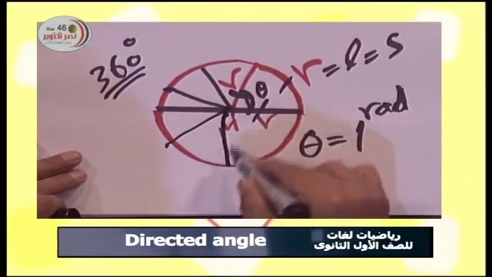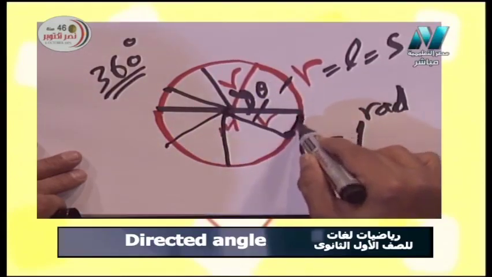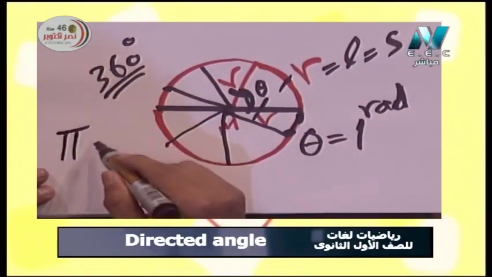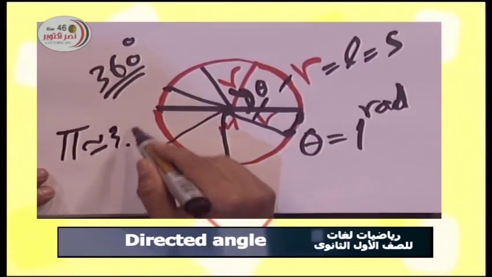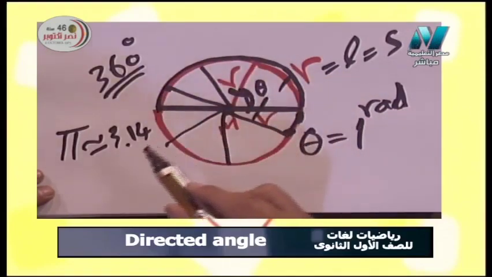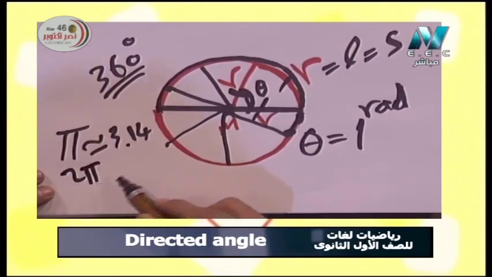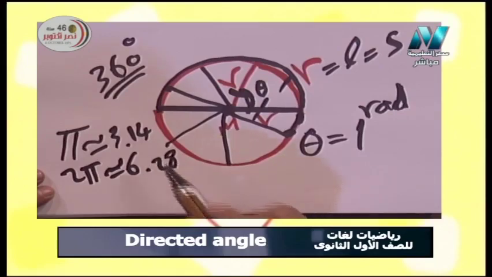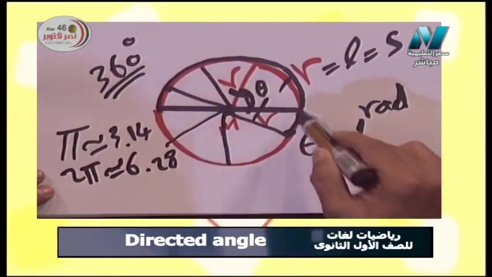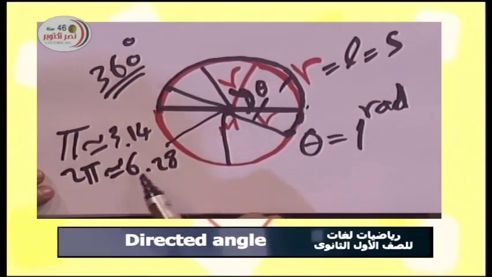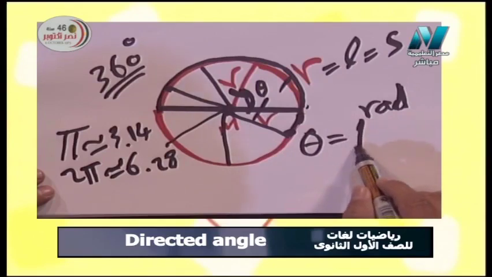4, 5, and 6. This part is about 0.28. We know that pi approximately equals 3.14, which is half circle but in radian measure, and 2 pi will be approximately 6.28 rad. So half circle equals pi in rad, the circle equals 2 pi in rad, which is about 6.28 by using the unit of radian, 1 unit. Okay,